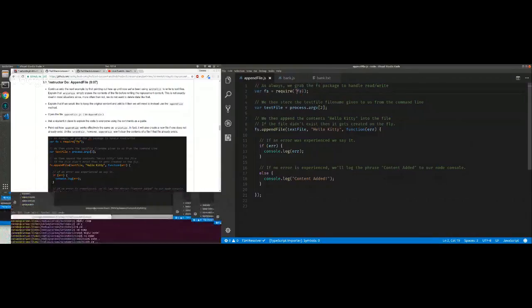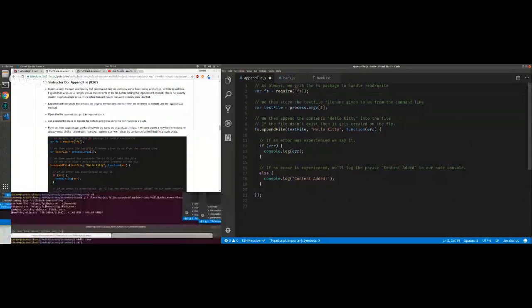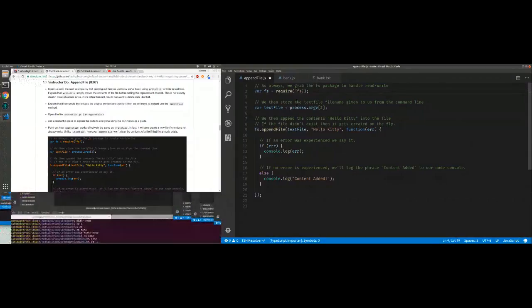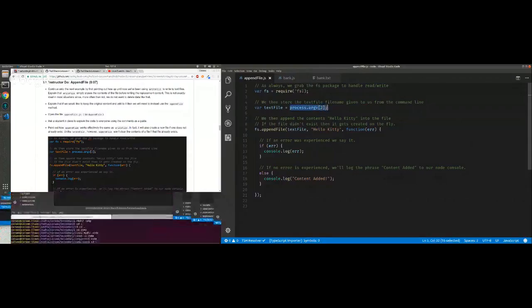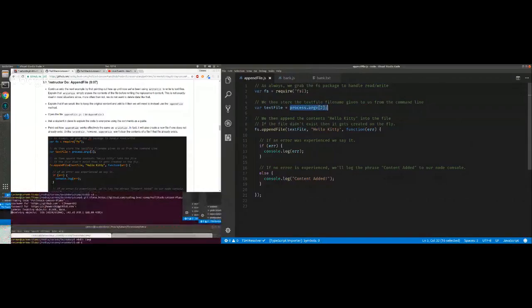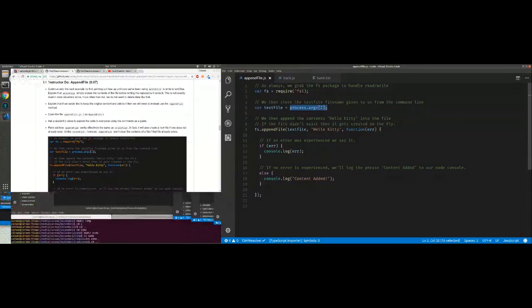But did you have a question? Yeah, are you creating the text file based on whatever you pass into Node? Yeah, so right here where we have process.argv[2], that is the first user